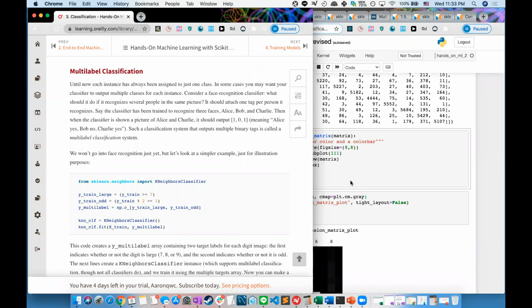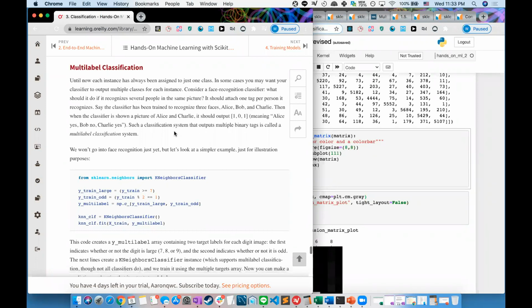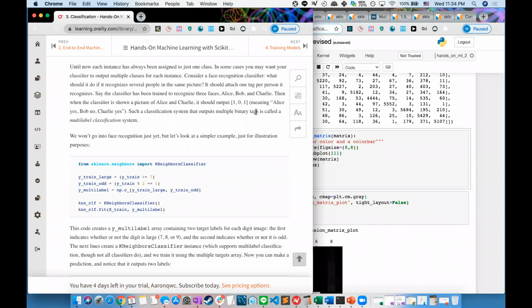Multilabel classification. Until now, each instance has always been assigned to just one class. In some cases, you may want your classifier to output multiple classes for each instance. Consider a face recognition classifier. What should it do if it recognizes several people in the same picture? It could attach one tag per person it recognizes. Say the classifier has been trained to recognize three faces, Alice, Bob, and Charlie. When the classifier is shown a picture of Alice and Charlie, it should output 101, meaning Alice yes, Bob no, Charlie yes. Such a classification system that outputs multiple binary tags is called a